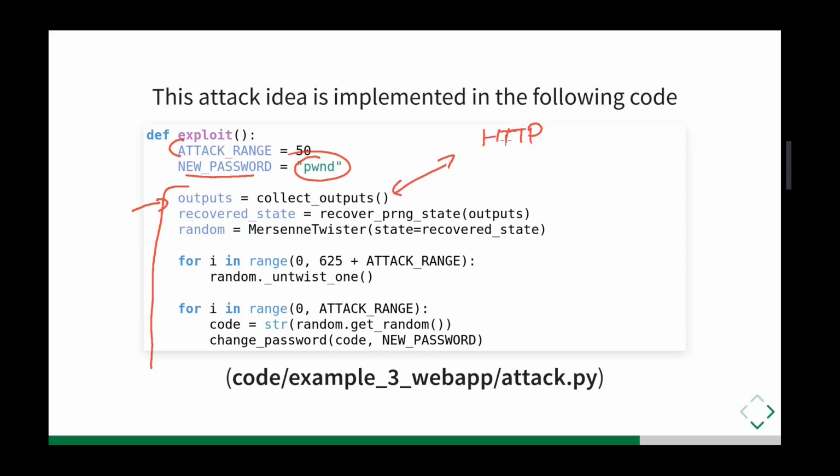But the code is there if you want to see. So we collect the outputs. After we have all the outputs, it's going to be a list of numbers. So I'm going to have a big list of numbers, 7474, things like that. After I have this list of numbers, I can use another thing, which is called recover